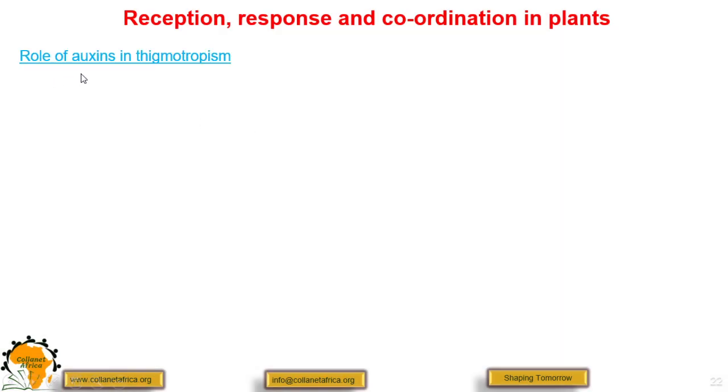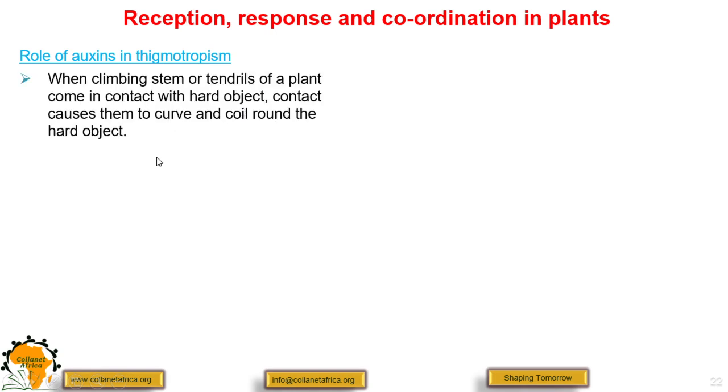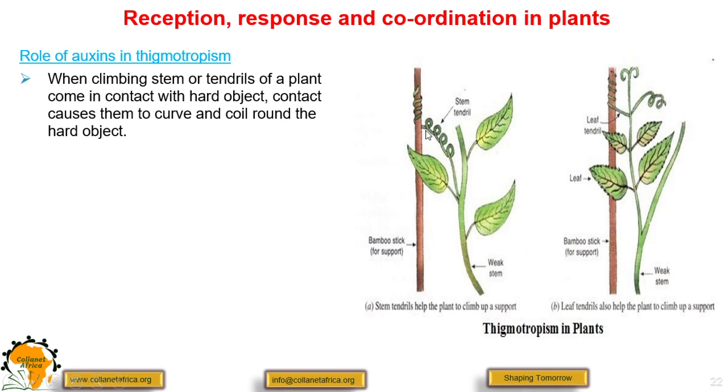Let us also look at the role of auxins in thigmotropism. When a climbing stem or tendrils of a plant come in contact with a hard object, contact causes them to coil around the hard object. These are the tendrils coiling around a hard object. So this is coming in contact with this,